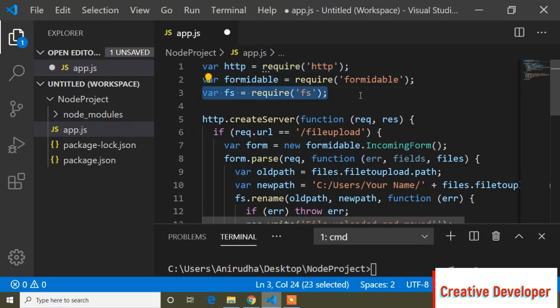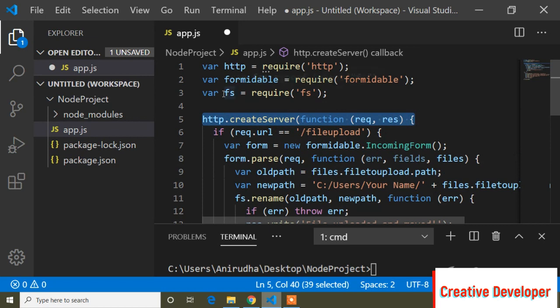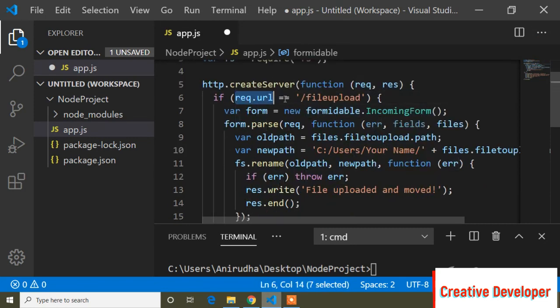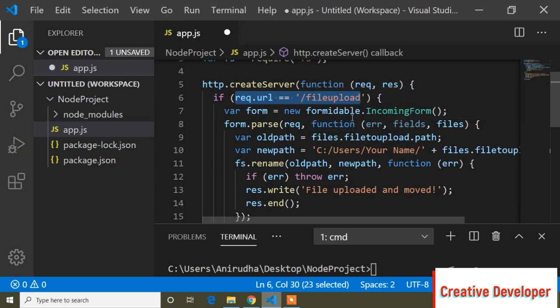And here is http.createServer to create a server, and the main thing here is that the Formidable package is required. So here is the variable formidable, and now you can see request.url. URL means when I go to the browser and open this app.js file, it will hit this file upload URL.